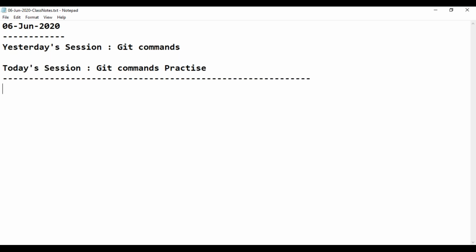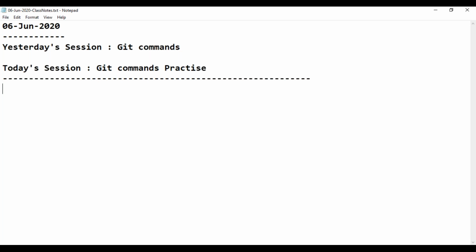Good morning, everyone. In the last session, we understood what Git commands are, and how to perform operations with a Git repository by using commands in Git Bash. So we will create a repository for our project on github.com. That is a centralized platform where several people can interact, and that platform is maintained in the cloud.